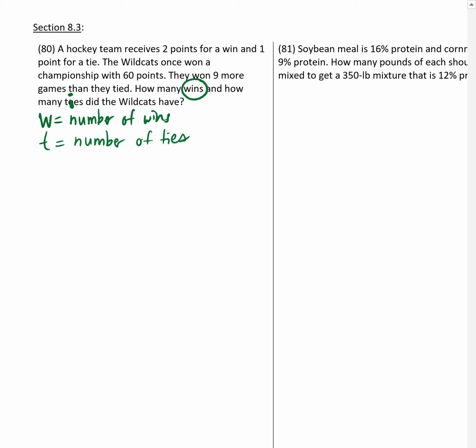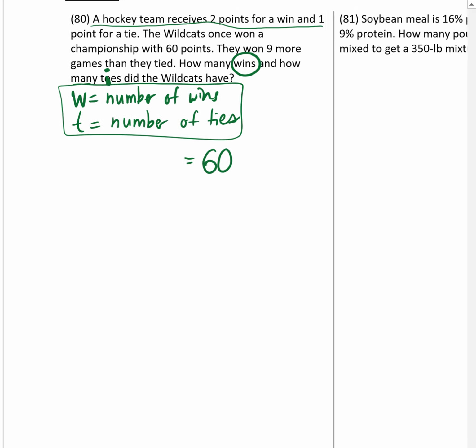So let's see. We know that they received 2 points for a win and 1 point for a tie. And they made a total of 60 points. Okay, so brainstorming, this is an optional step, but if it helps, it's good. 60 points is the total, so it's how many points from their wins, which we actually don't know. That's not W, because W is the number of wins, the number of times they won, not the number of points they got from those wins. Because remember, it's two points for every win,